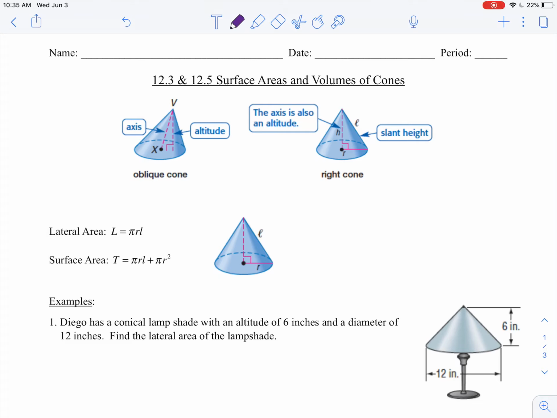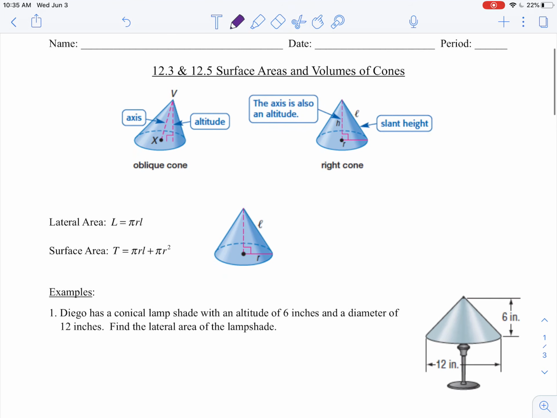Hello, today we're going to be looking at areas and volumes of cones. A cone is a three-dimensional shape, but it is not a polyhedron because of its curved surfaces. When you take a look at a cone, it has one base, which is always a circular base. It also has a vertex point, which is where the lateral surfaces intersect, typically up at the top or the